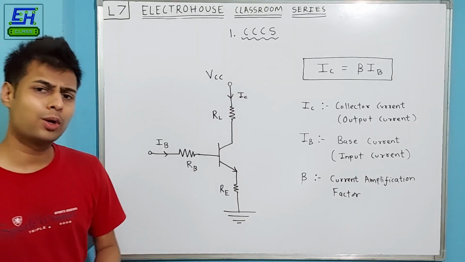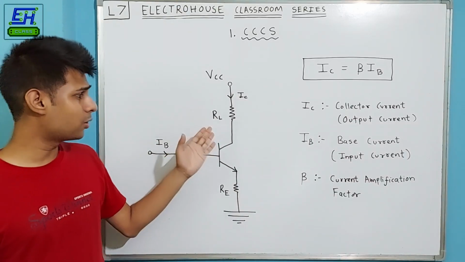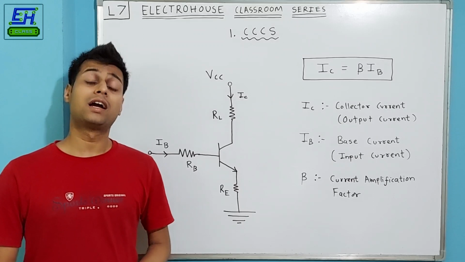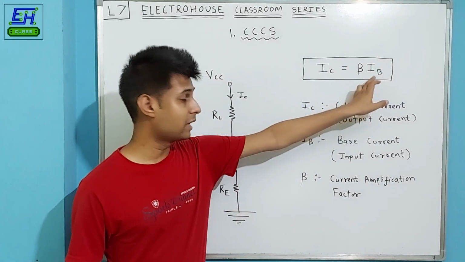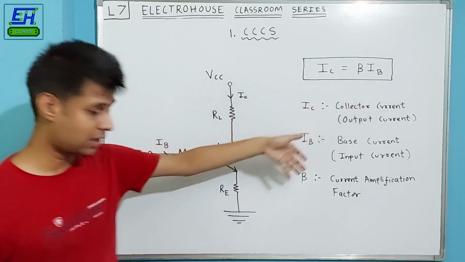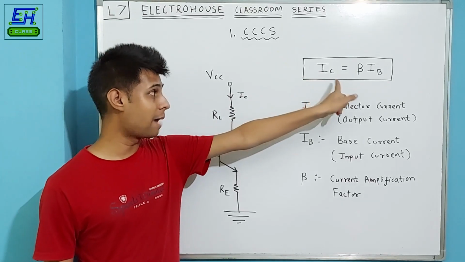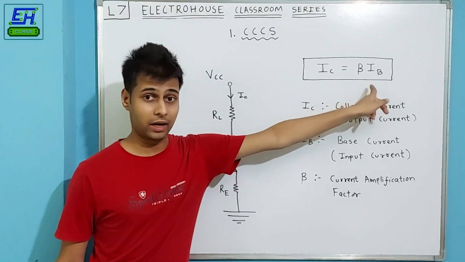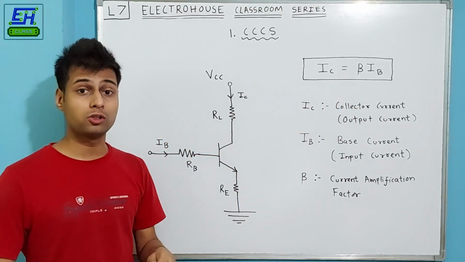And now the most important question, where we can use the current controlled current source. You see, current controlled current source is basically a current amplification device, because we are actually amplifying our input current IB with respect to some constant, that is beta, which is current amplification factor of course, and we are getting our output which is actually an amplified version of the input current. Now here beta can be anything, usually it is greater than 1, but it can also be 1.